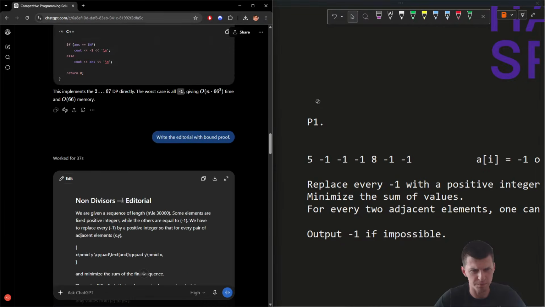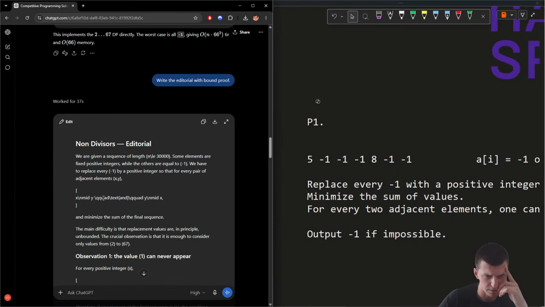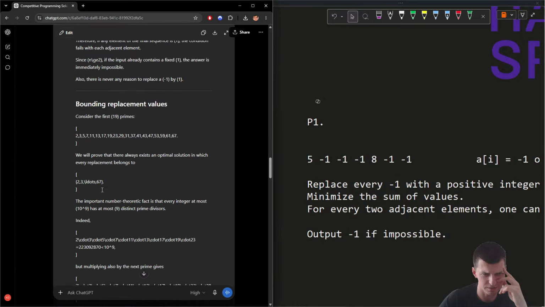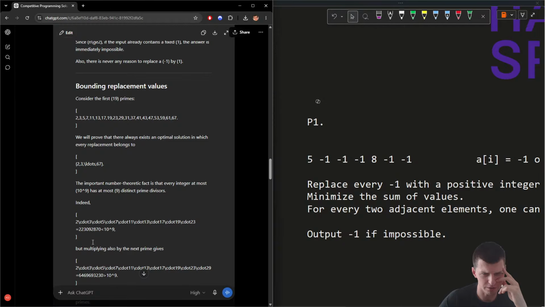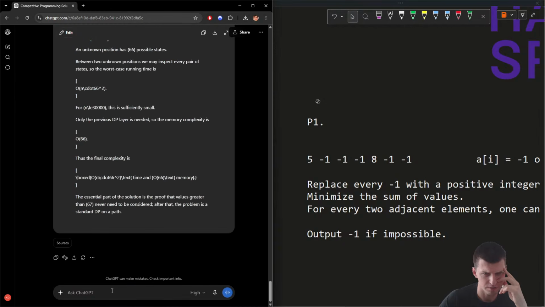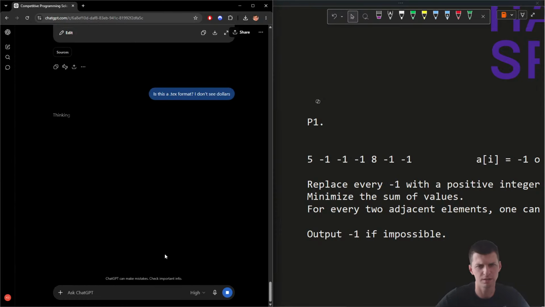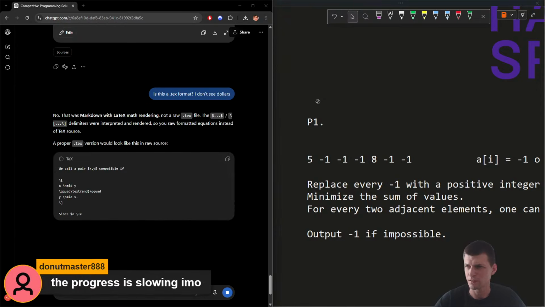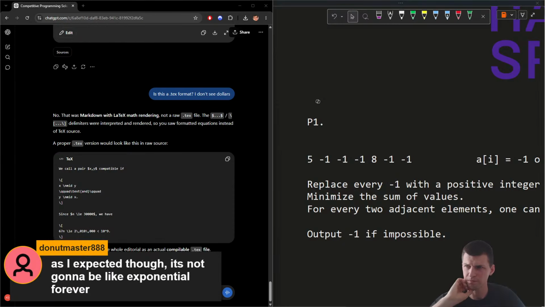What kind of format is this? Non-divisors editorial. Is this some strange combination of LaTeX and non-LaTeX? Why are there no dollars here? What am I looking at? Is this a text format? I don't see dollars. I also think so. I just, I wonder if